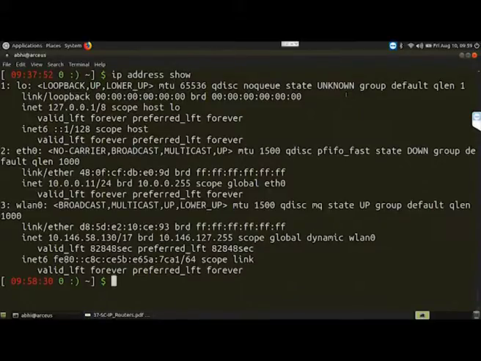Then there are other parameters. So, we have this inet 127.0.0.1, which is the IPv4 address of the loopback interface, and inet6 is the IPv6 address of that loopback interface. Then the next interface that I have is eth0, the Ethernet interface, the wired interface which is connected